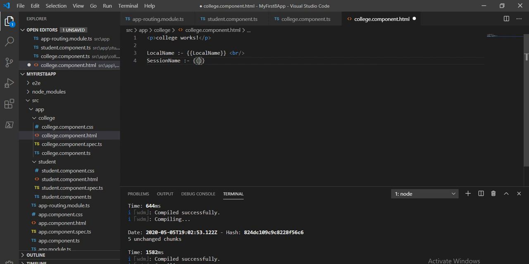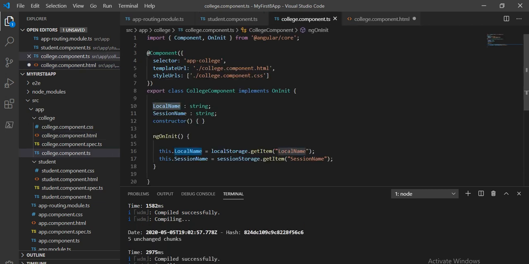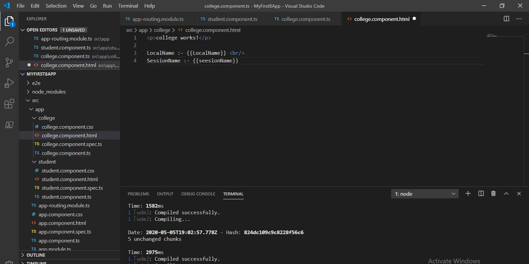I will copy this so there is no mismatch again, otherwise it will give us an error. So that we have done.